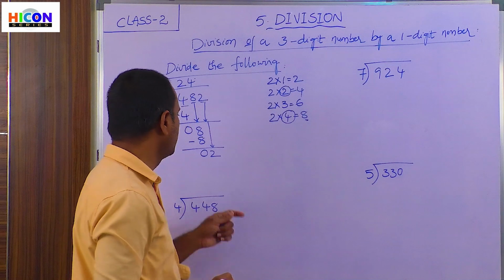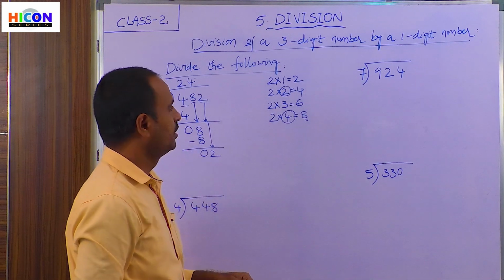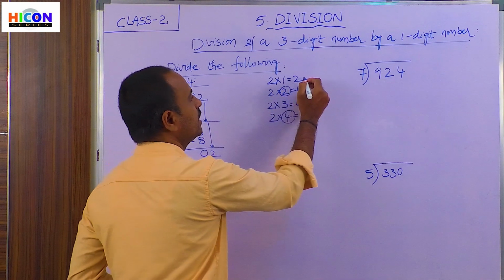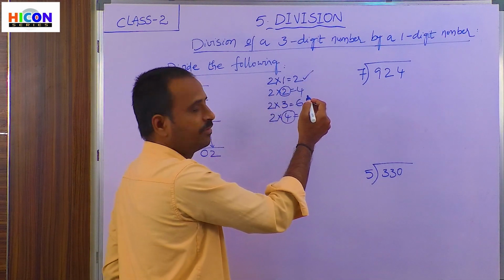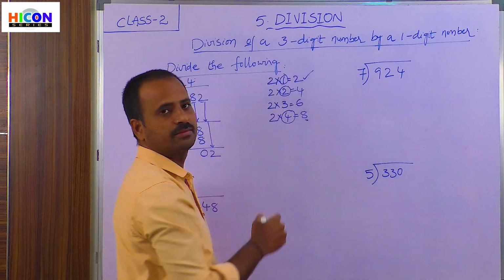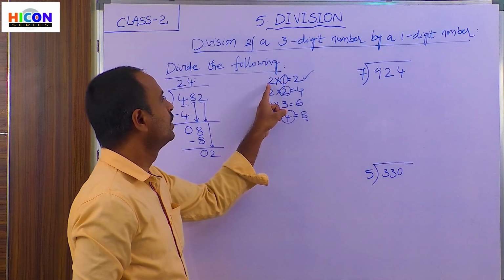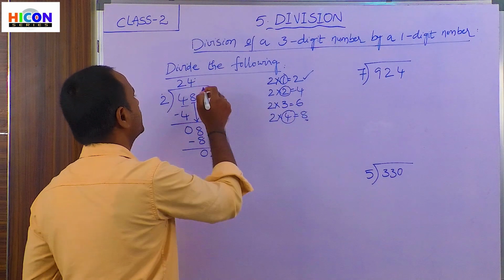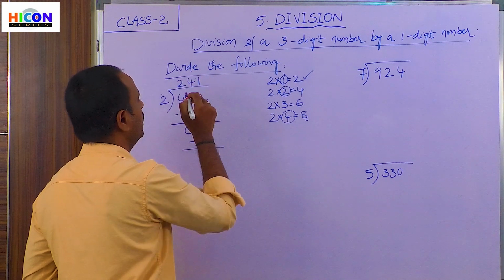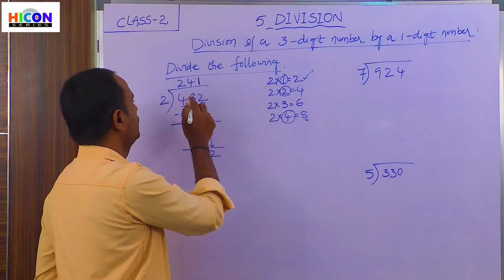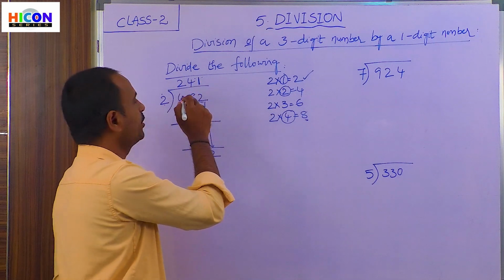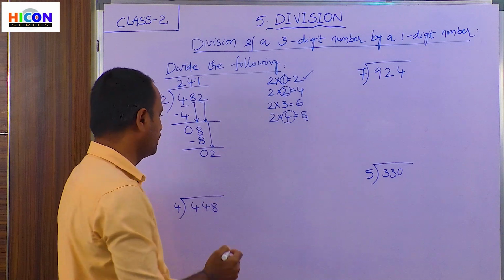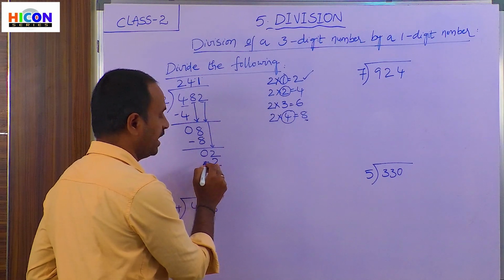Now let us find when did the number 2 come in the second table. So look at the second table. The number 2 comes in the second table when we take 1 times 2. So if you take 1 times 2, we will get the number 2. So write this 1 in the quotient beside 4 and again multiply these two numbers, 2 into 1. 2 ones are 2. So write the 2 below the third digit and again subtract.